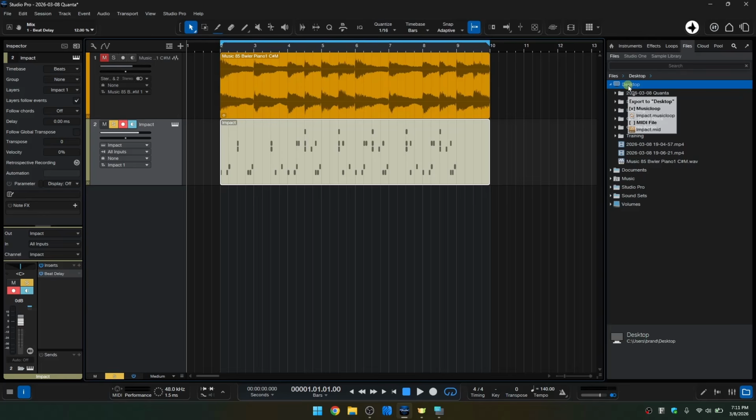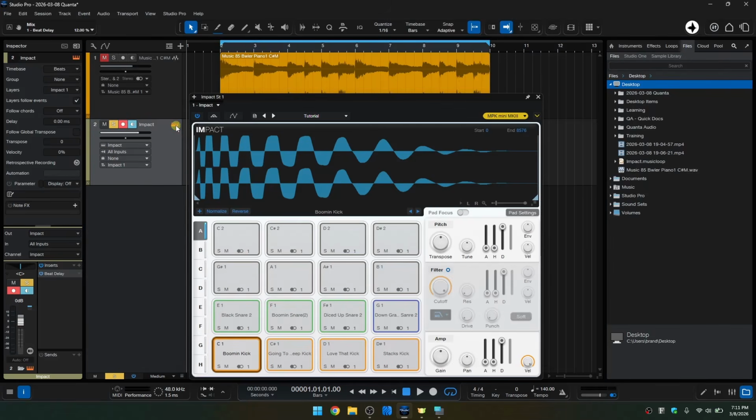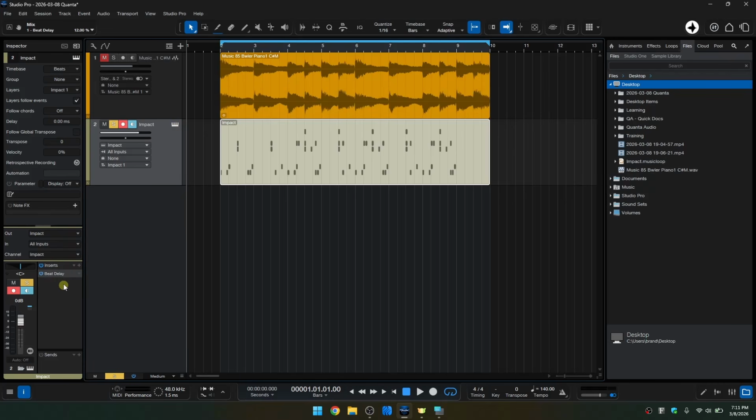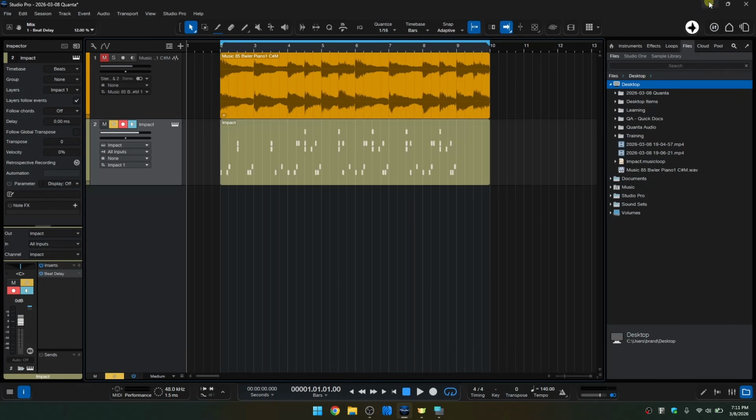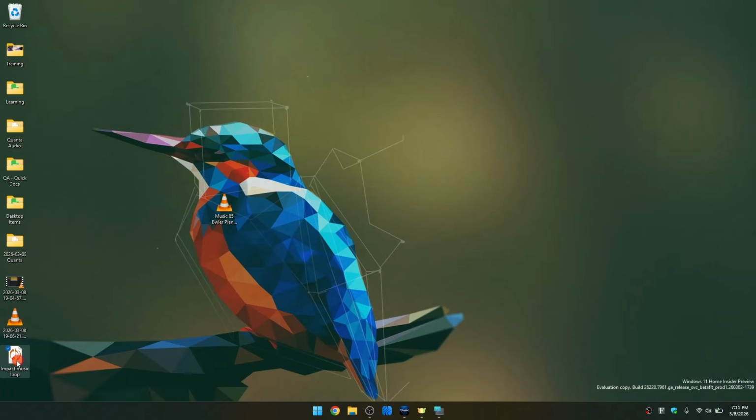If I were to press Alt again and choose music loop, now I'm going to select this one and I'm going to release. Now that is being exported. Now the music loop is another proprietary format in Studio Pro, and this is going to contain your MIDI data, but also the particular virtual instrument that you're using. In this case, it's going to be Impact, and it's also going to contain any inserts that you have on the track. So we've heard what that sounds like, and let's actually minimize just to show. We can see that music loop file is here on our desktop,